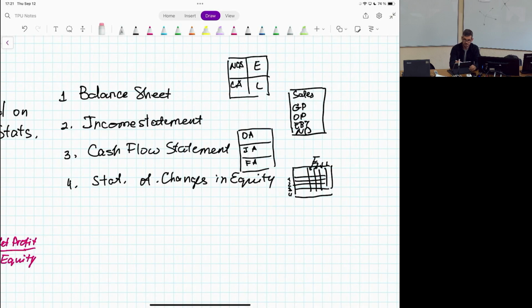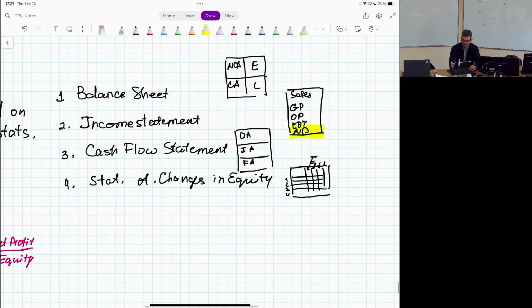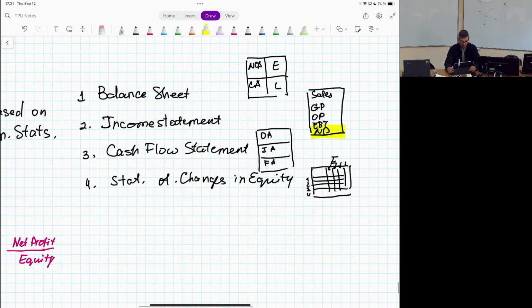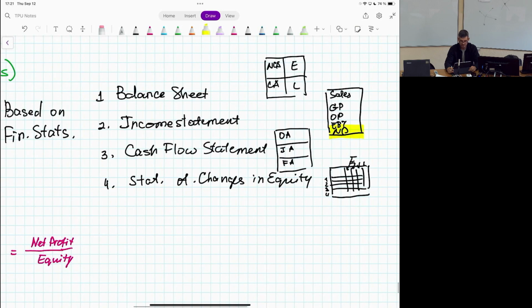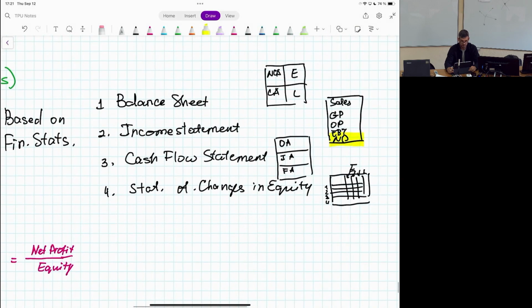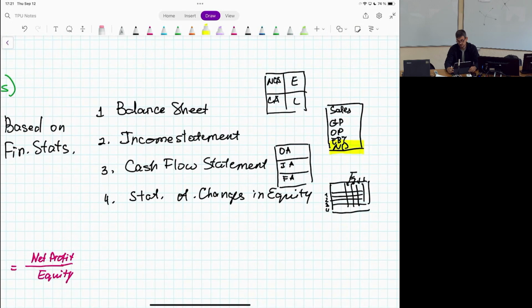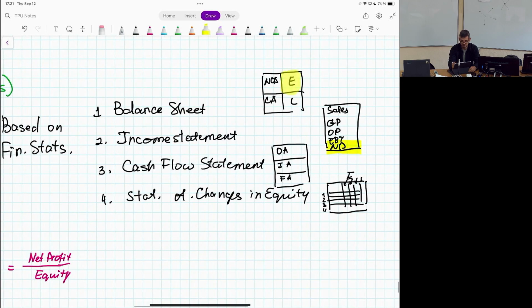It's hiding here, in the income statement. And where is equity hiding? In the balance sheet. Here it is. And so then you pull the data from the income statement, you pull the data from the balance sheet,